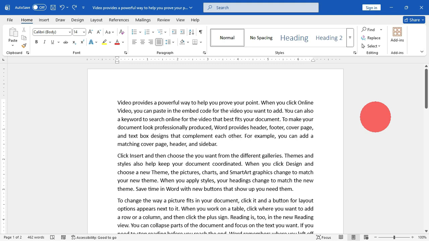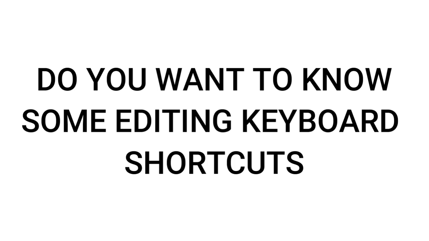This is a created Word document in Microsoft Word, and I have all this text inserted into this document area. Now, do you want to learn some keyboard shortcuts which are used for editing in Microsoft Word, which can help you to edit faster, have some precision and accuracy when it comes to editing, to have a well polished created